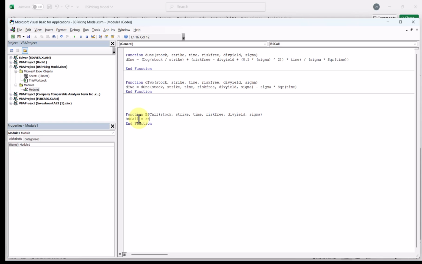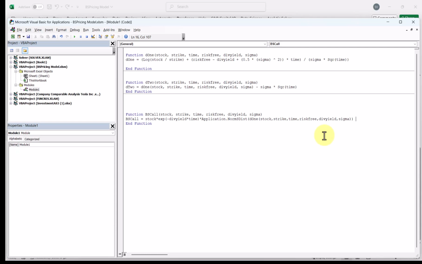And so BS call, the call value is equal to the stock price multiplied by EXP, open parentheses, negative the dividend yield multiplied by time, multiplied by, and now we're going to include the norms dist function, so we need to put in here application period norms dist, open parentheses, and now we're going to use that D1 function, D1, and because we've already put this in our module here into our Visual Basic, it pulls up all of the different variables that we need to put in. And then one more parentheses,